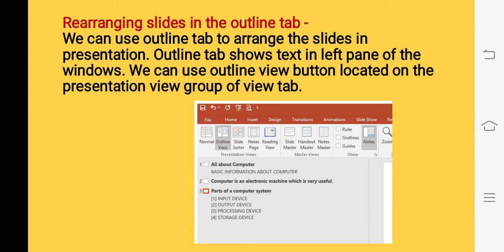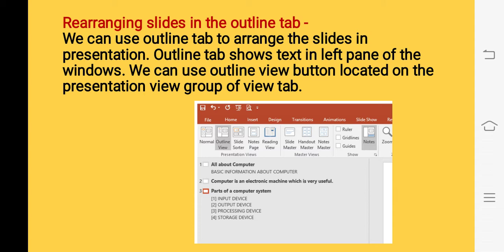To start the outline view, we use the outline view button that is located on the presentation view group of the view tab. When we click on the view tab, we see the presentation view group coming. In that group there is an outline view button. We click on the outline view button. It shows the outline of all the slides.